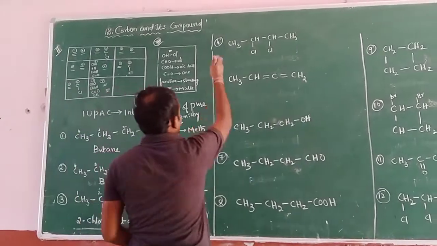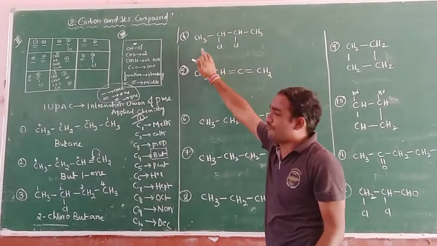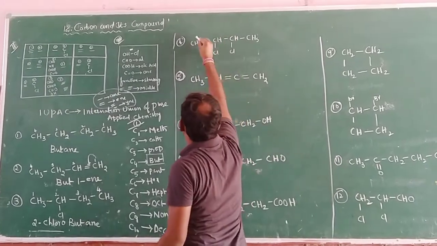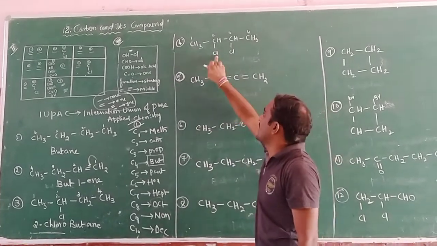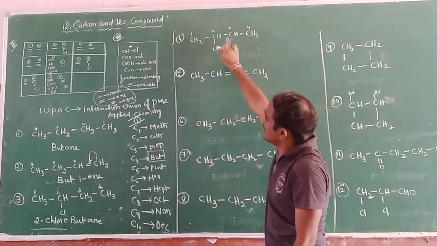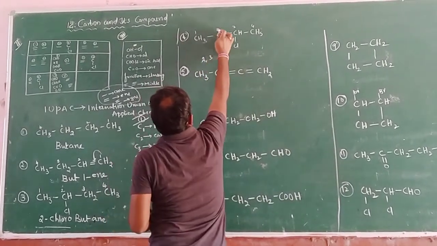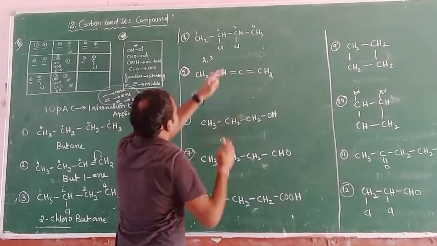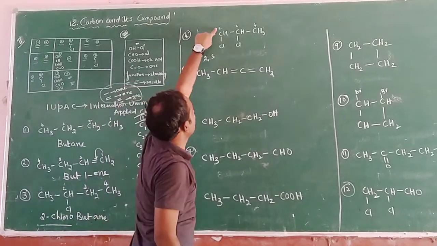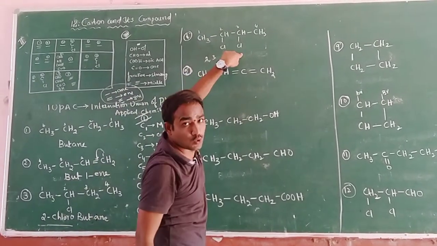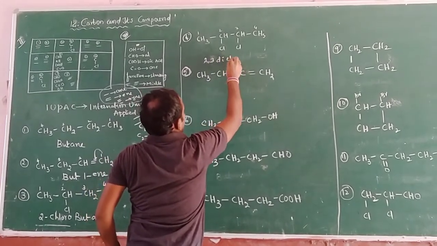And the next one, go through the fourth one. So if you write from the left side or right side, because here it is the functional group, 1, 2, 3, 4. So the numbering of the second functional group will come on the right side. It is also second. So we have to write 2, 3. How many chlorines do we have? 2 chlorines. 2, 3. So we have to mention di. 2, 3. Dichloro.